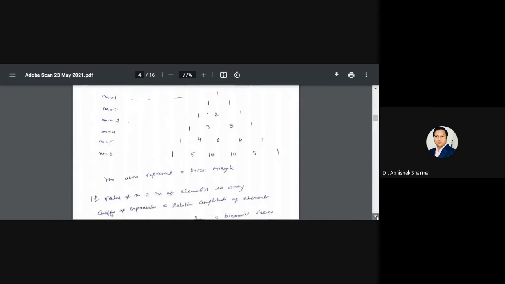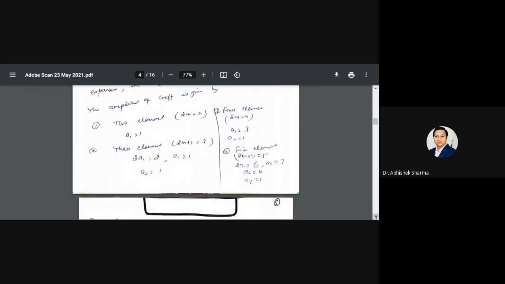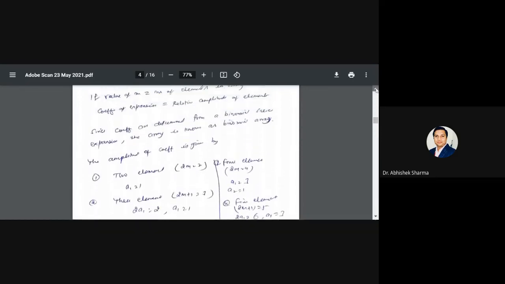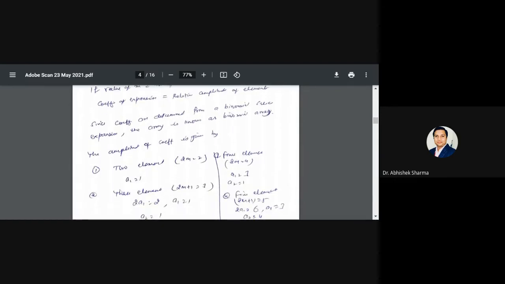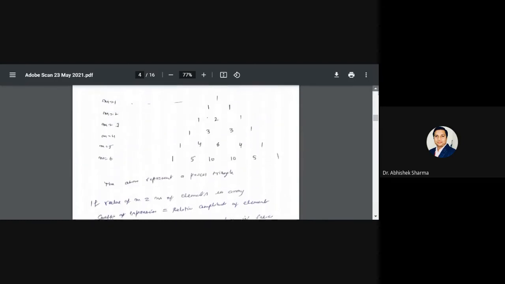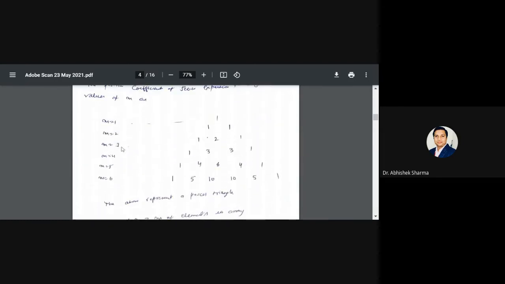In that case, because m is equal to 3. Why m is equal to 3? Because we are considering 3 elements over here. So this m is equal to 3. So corresponding to this, the row is this 1, 2, 1. So in that case, your